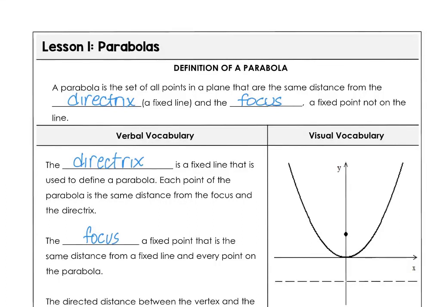This is lesson 1 in unit 10. We're going to talk about parabolas today. A parabola is the set of all the points in a plane that are the same distance from the directrix,